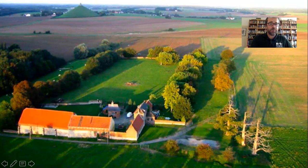If you compare it to that model I've just shown you, the big house would have been in here. There's the chapel at the back that was actually attached to the house, but still survives. There's the great barn, which survived, but a lot of buildings have gone. Beyond that is the walled garden, 200-meter long wall here facing south, which was loopholed and defended by Wellington's troops. In front of it, that expanse of open ground, which later became known as the killing ground,